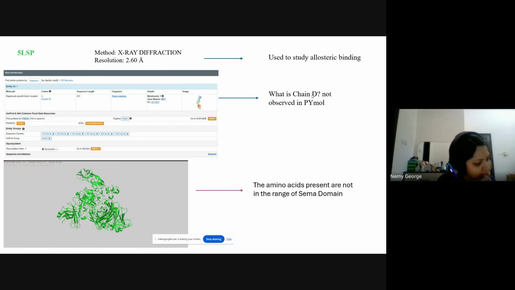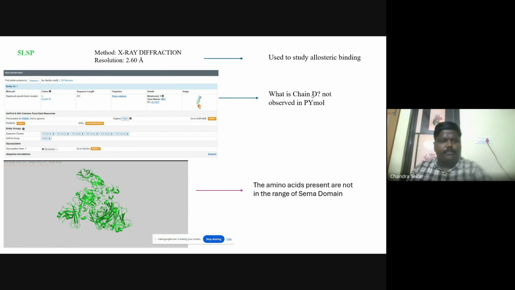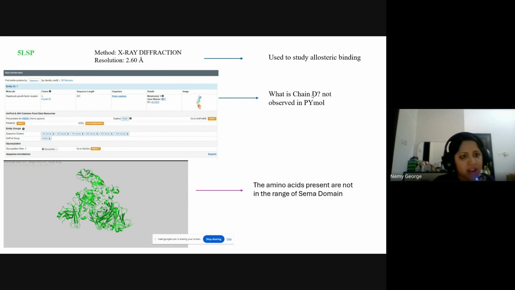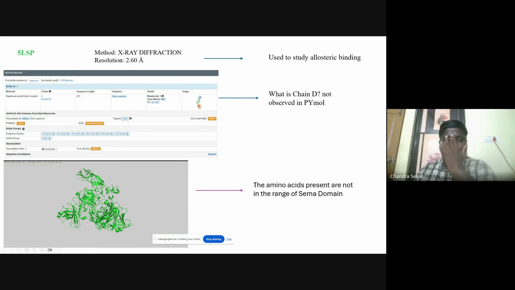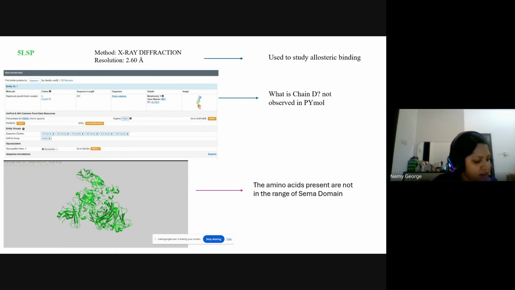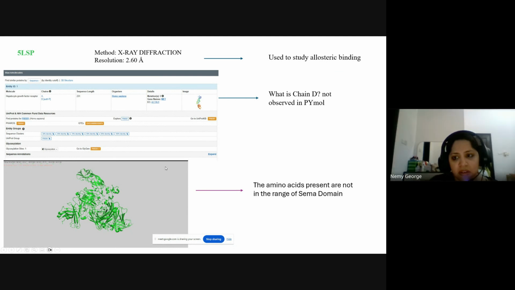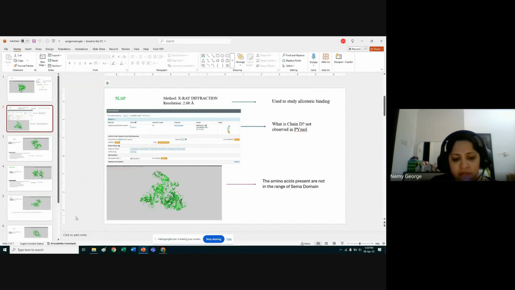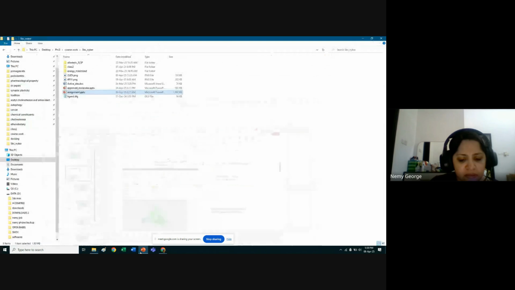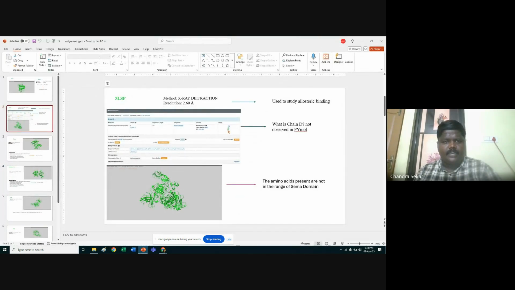Somewhere it is there, and in my previous presentation also it is there, sir. It is not the same protein I have taken for docking, though. Then it is coming in the range of our protein, 5LSP. Range of semi domain, I think. Let me see. In my previous presentation also it is there.